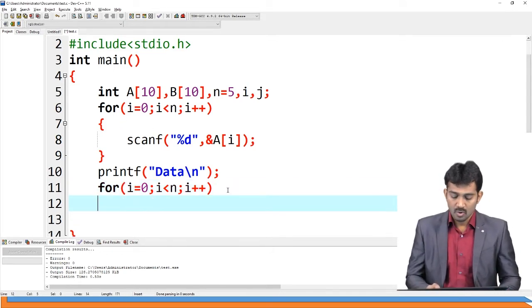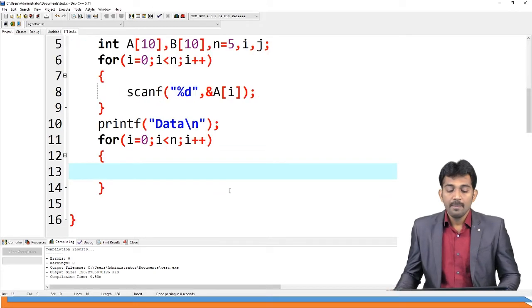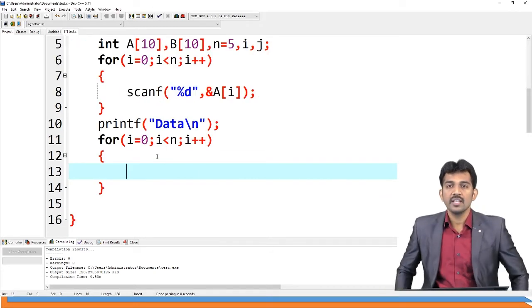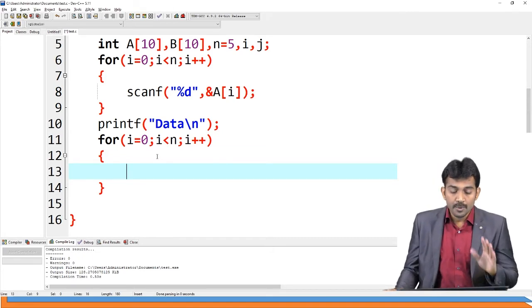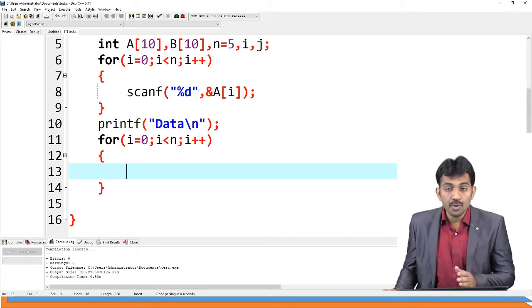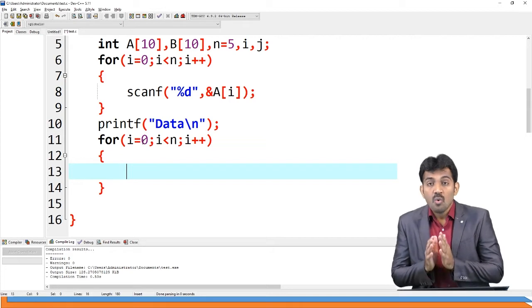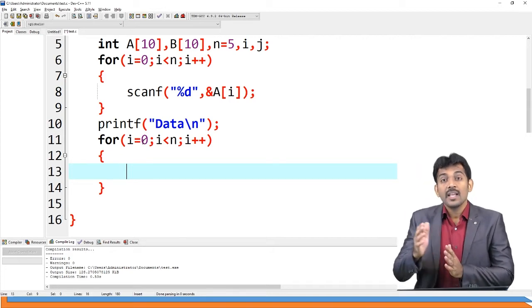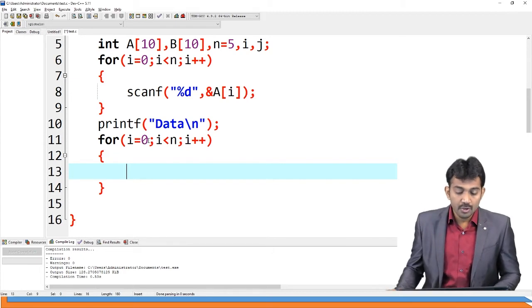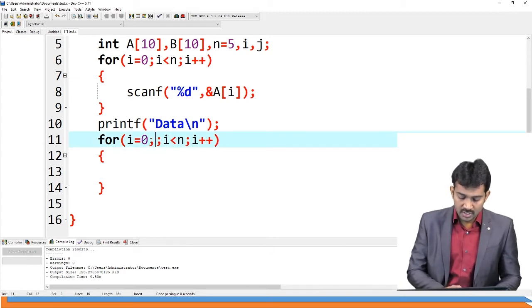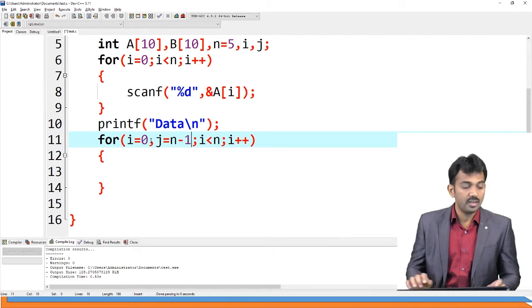Observe carefully what I am going to do here. This is the forward direction. The 0 index data comes from the n minus 1 index, so I am going to take one more variable j equal to n minus 1.